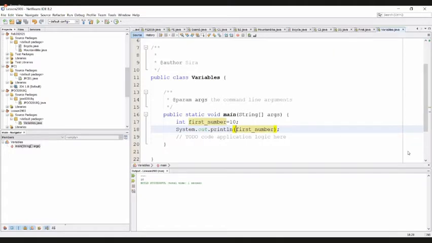Then to add a statement for this, I can use quotations and say first number colon, then use plus, then save, run the program, and you can see the output is generated as first number assigned 10, right?